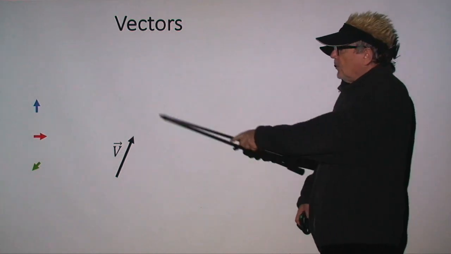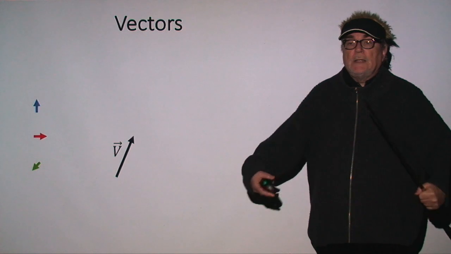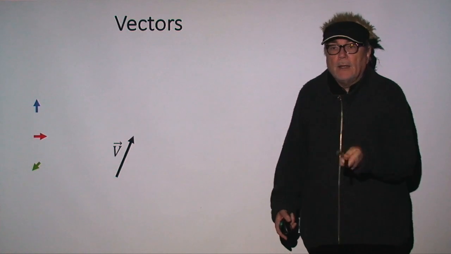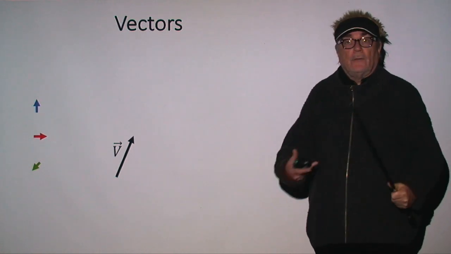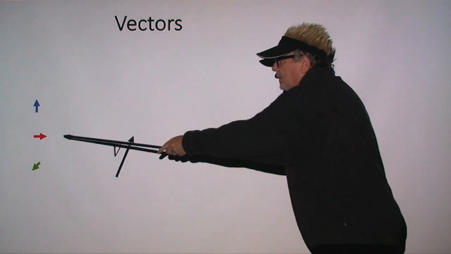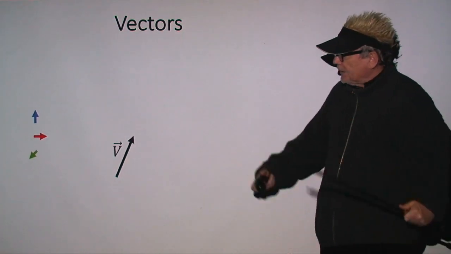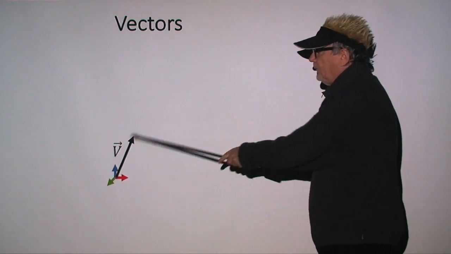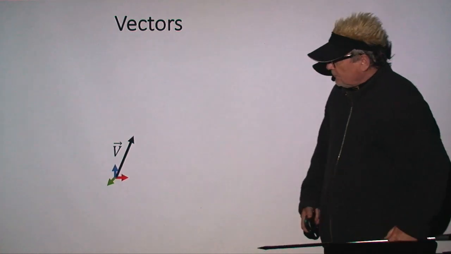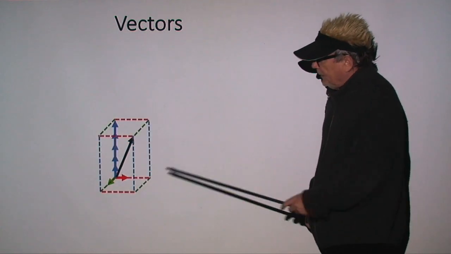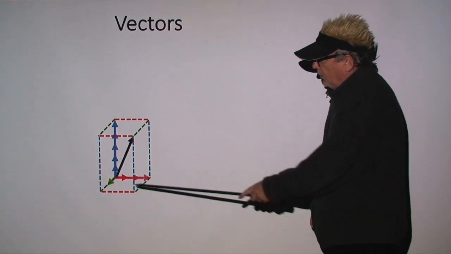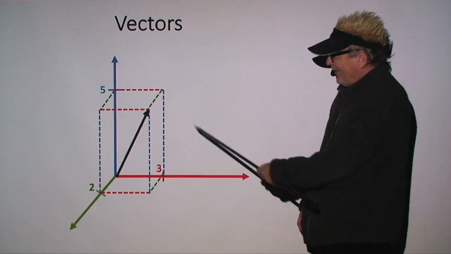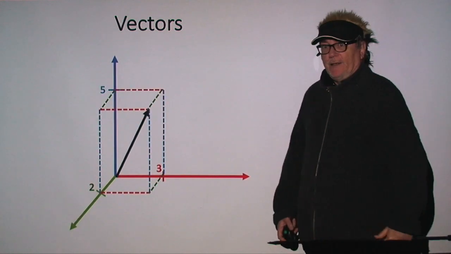If we're talking about a vector in a 3D space, like this space here, with height and width and depth, we need three vectors, three-dimensional vectors. So let's assume we take those as a reference, we combine them together, it's called a basis, and then we apply that to measure this vector here in the mathematical world. Here, for instance, it will be 5 times the blue vector plus 3 times the red vector plus 2 times the green vector. Okay, something like this, which is even more clear.